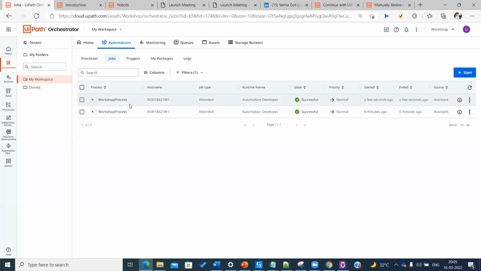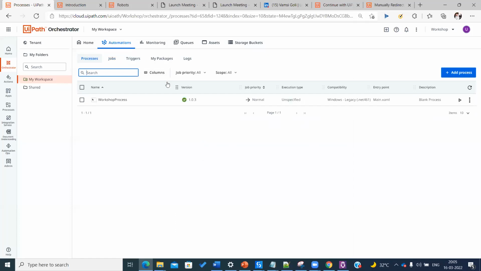And yesterday when Vajrang was doing it, somebody asked what is the difference between jobs and queues. Jobs means you will see that job here. This is a process, it started, it ended, like this. But don't think that you'll see only one process here. In a real time scenario, if you're working in a big company, you will see almost 100 to 150 to 200 processes running in the same orchestrator. That is possible. As of now we have only one, which we just created. But just imagine the real picture.